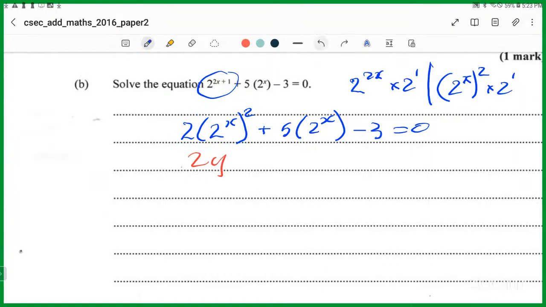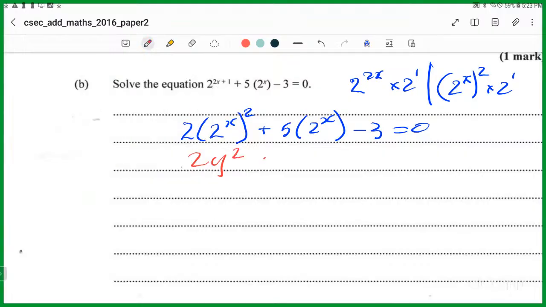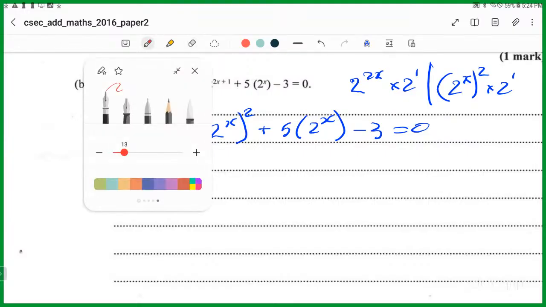I think I wrote something wrong the first time, but this is the correct thing now. So this is like 2y squared plus 5y minus 3 equals 0. We'll factorize and solve this for y, but we don't have to actually change it to a y. We can just work with the 2 to the x as the variable in this quadratic equation. So if we factorize this,